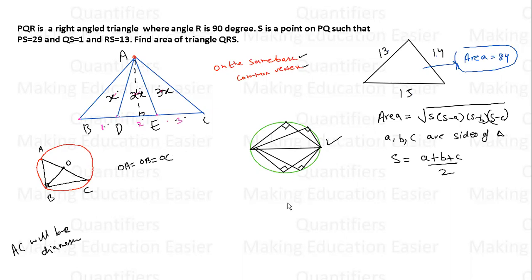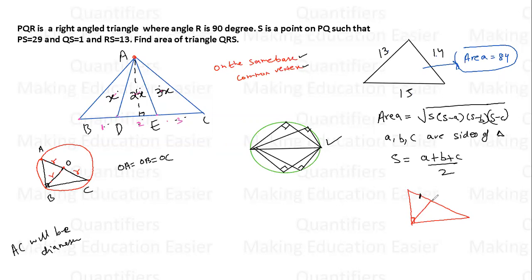Why all three will be equal? Because all of them will be radius. Because if AC is diameter, O is the center, so definitely this is radius, this is also radius, this is also radius. तो अभी इससे हमें क्या पता लग रहा है? इससे आपको एक चीज याद रखनी है कि अगर कोई राइट एंगल ट्राइंगल गिवन है, and from this 90 degree angle, if you draw a median, क्योंकि ये भी तो median है ना, it is joining the midpoint. So if you draw a median, then students, all three parts will be equal to each other.